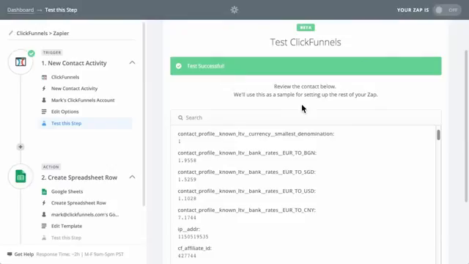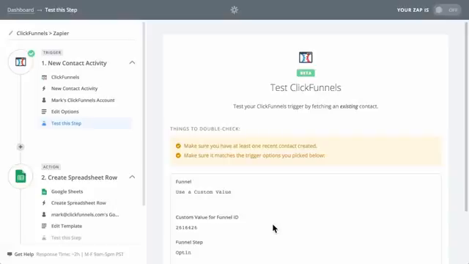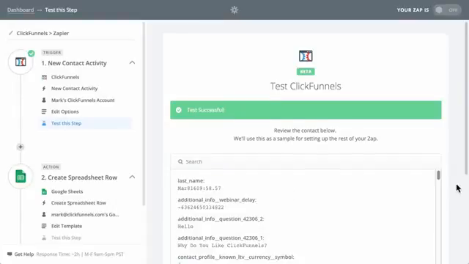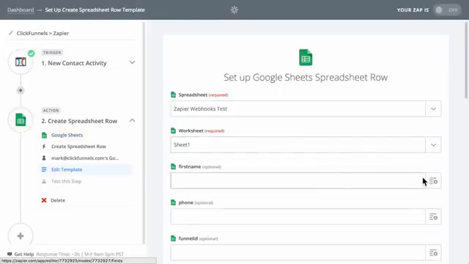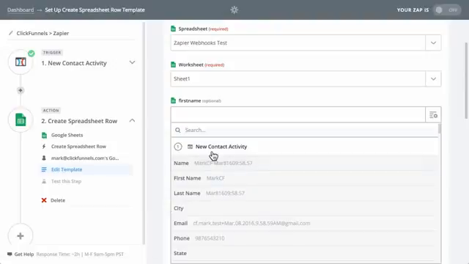So let's go ahead and go back to Zapier, and I'm going to get another contact. So let's fetch that, and there we go. That's the contact I just submitted. So I'm going to continue, and then I can go back to this step here. So now that I have that, I can go ahead and find my first name. It's right here,